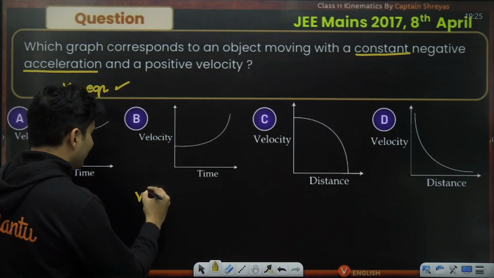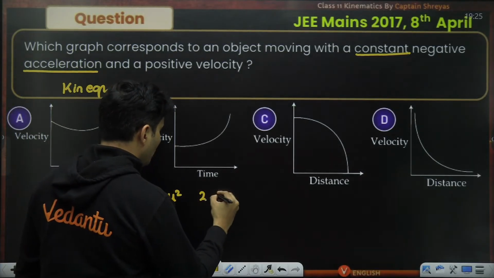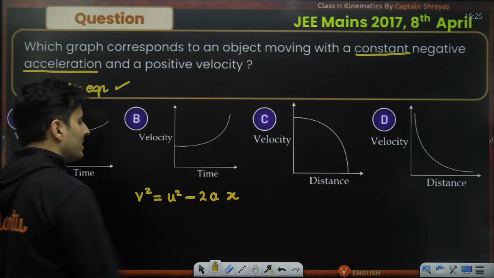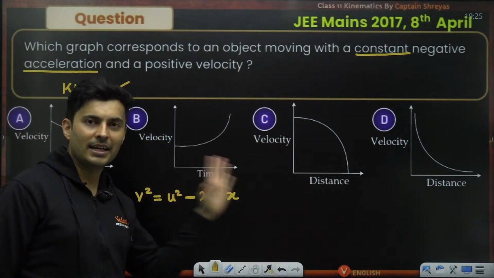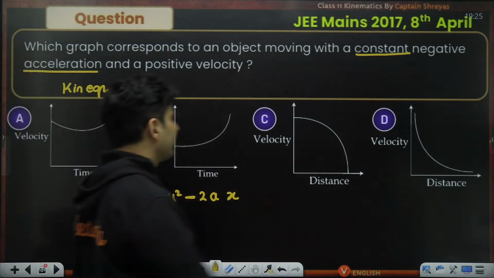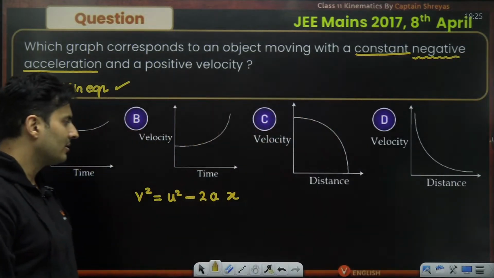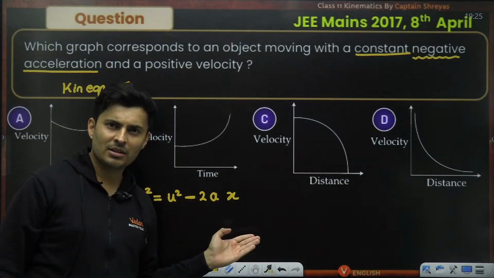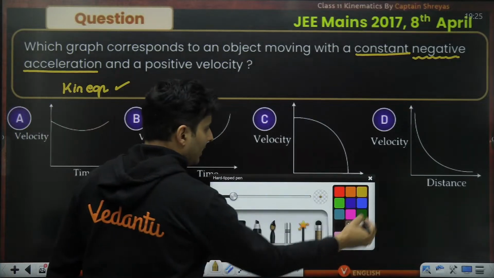So therefore, v square is u square plus 2ax, but acceleration is negative, that means minus. Acceleration is negative, that means some negative. It is clearly mentioned, it is negative acceleration. Minus 2ax, your third kinematic equation. Guys, this is a quadratic equation. Quadratic equation. And if you look at it carefully,